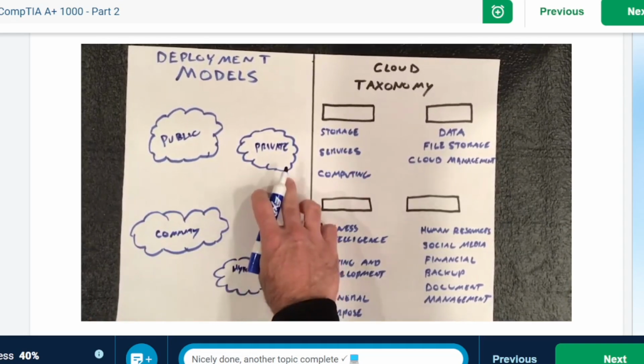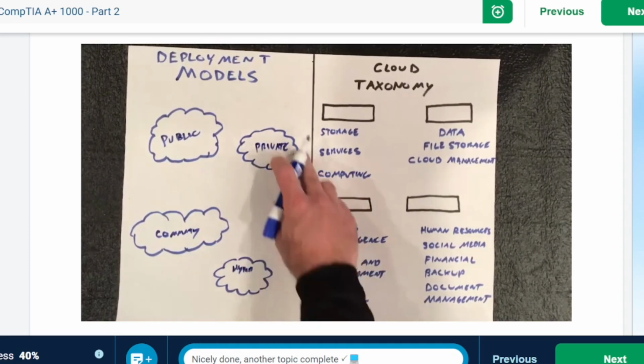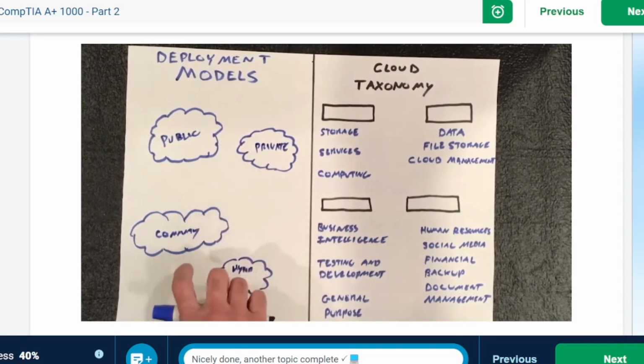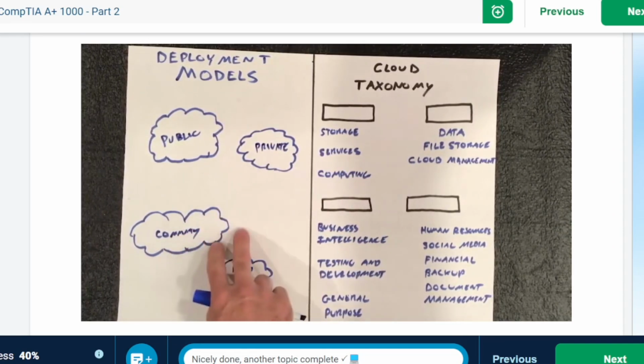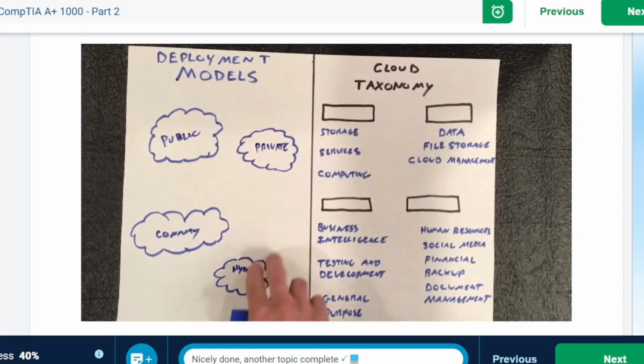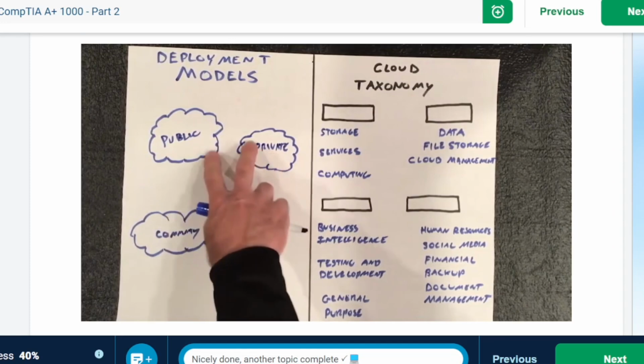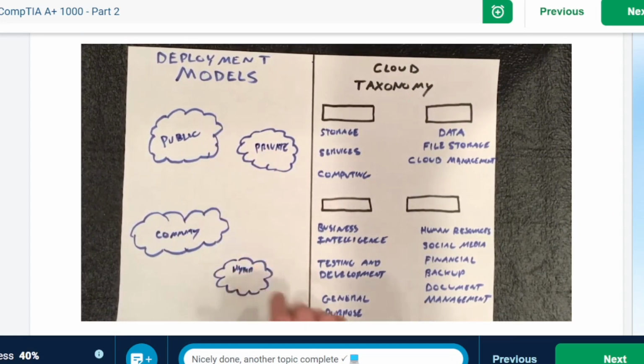So the private cloud really has systems that are accessible basically to something smaller, like an organization or a company or a business. And then your community cloud, that's a little bit larger. That could be like a group of companies or a group of businesses or a group of organizations that have a specific cloud model just set up for them. And then you've got your hybrid, and hybrid is basically a grouping of the public and the private types of entities. These are non-critical activities, but the combination of the two provides the best parts of public ability and private ability. So sometimes you've got a hybrid, and you gain a little bit of efficiency there.